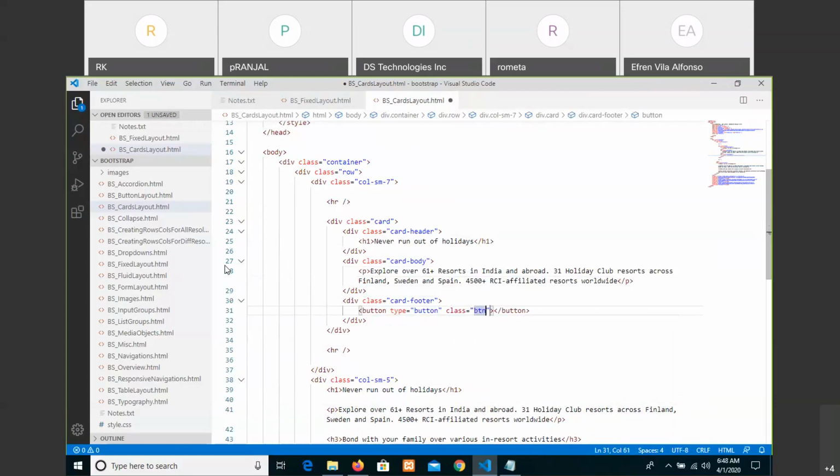with class btn btn-secondary. Just let me write Read more, and apply the class here for the header, and for h1 or anything, card-title. Whereas the class card-text. Now